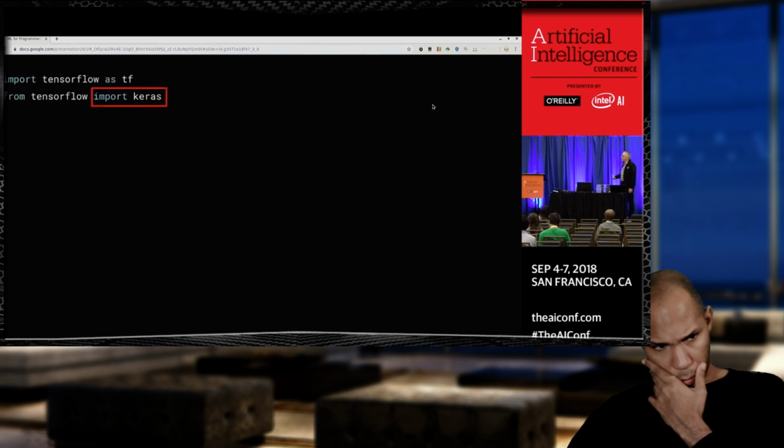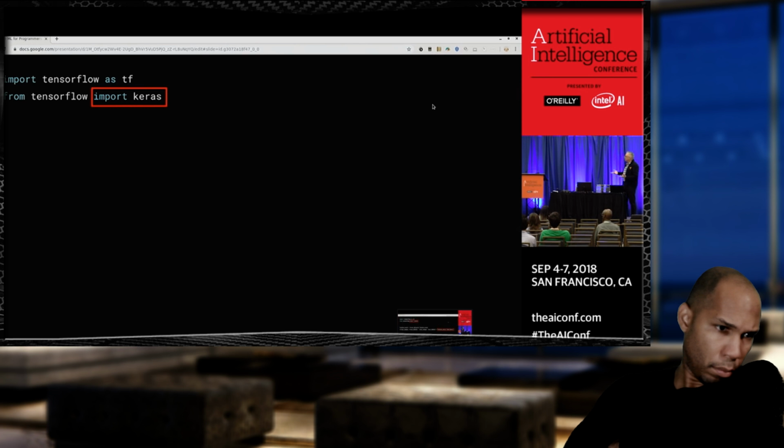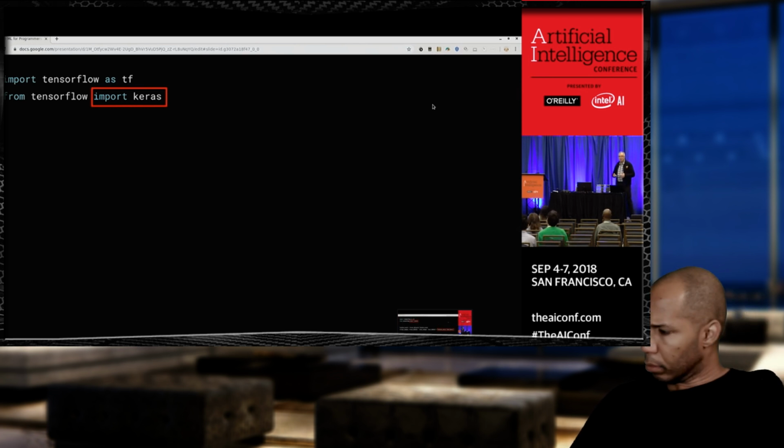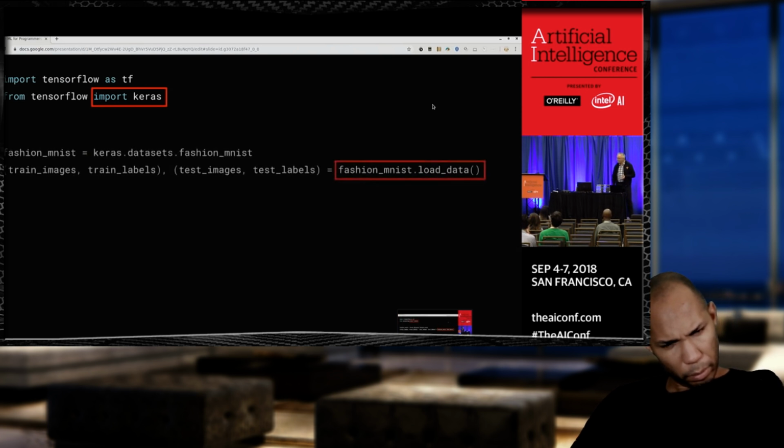So if you remember earlier on, the code that I was building was, I created the neural network, I compiled the neural network by specifying the loss function and the optimizer, and then I fit it. So in this case, a little bit more complex. Your code's going to look like you're going to use TensorFlow. From TensorFlow, you're going to import the Keras namespace, because the Keras namespace really nicely gives you access to that